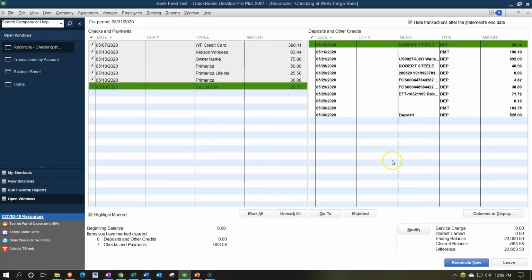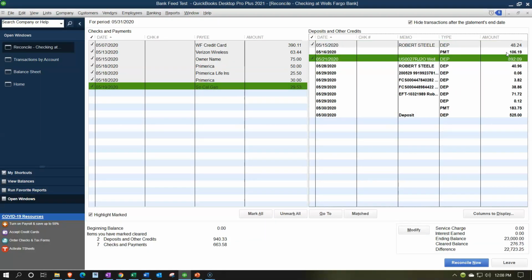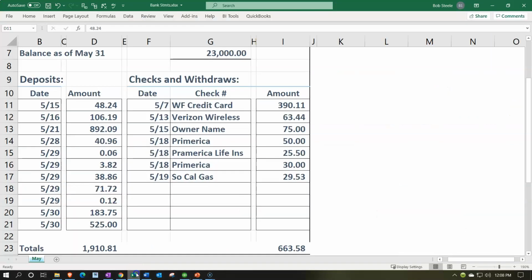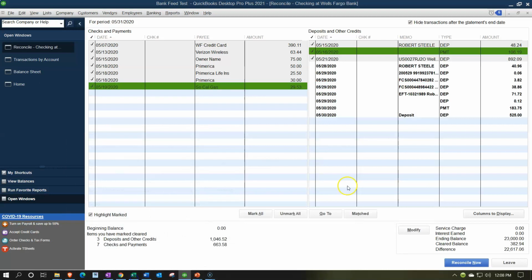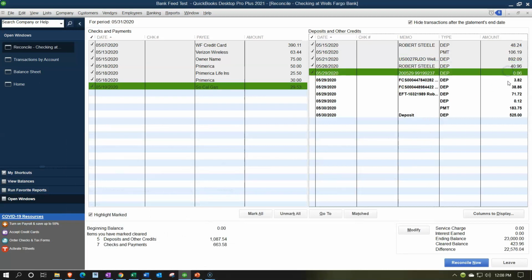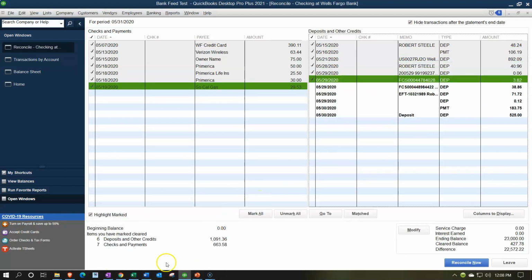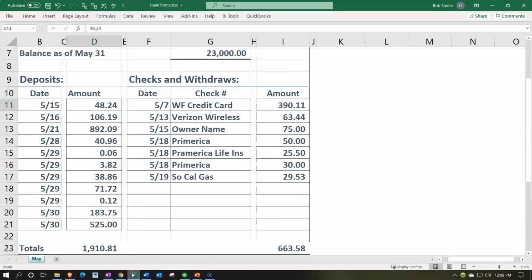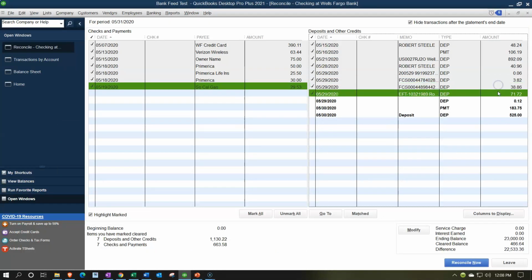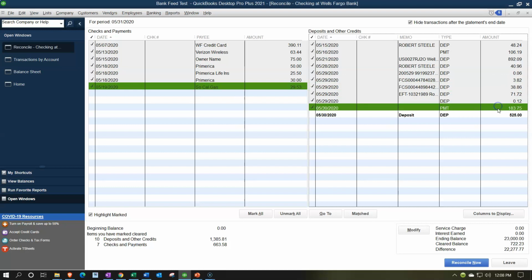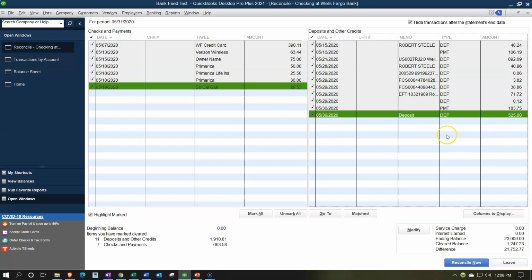So then you'd go through and check these off. So there's the 48, the 106, and so on. And then there's the 40, the 6, the 3. So there's the 40, 6 cents, the 3. And you want this thing to be exact. If it's not exact, your verification goes down greatly. So I'm just going to check them all off. So we've got them all. There they are. So now we're off by this